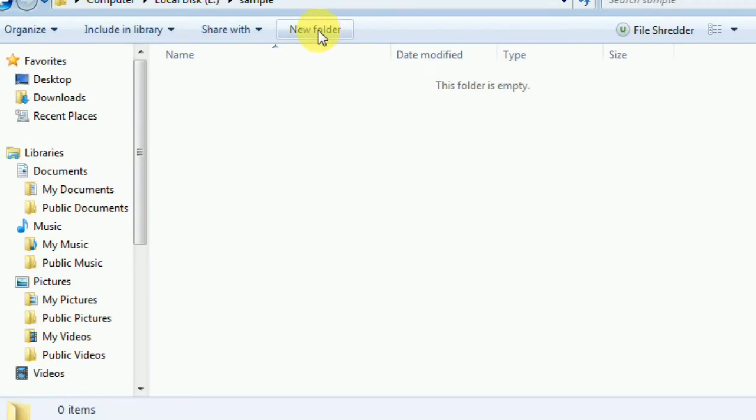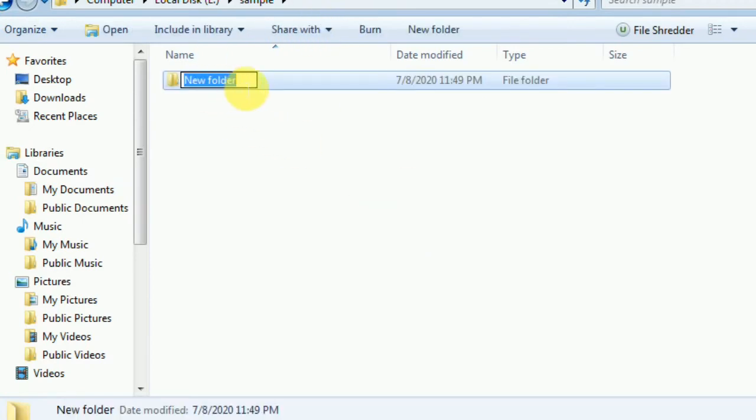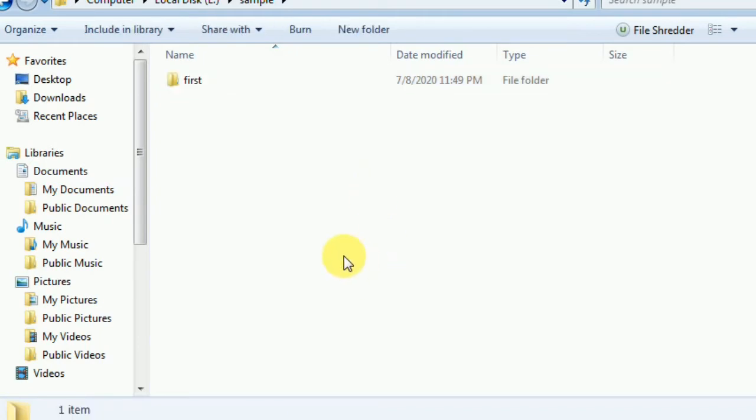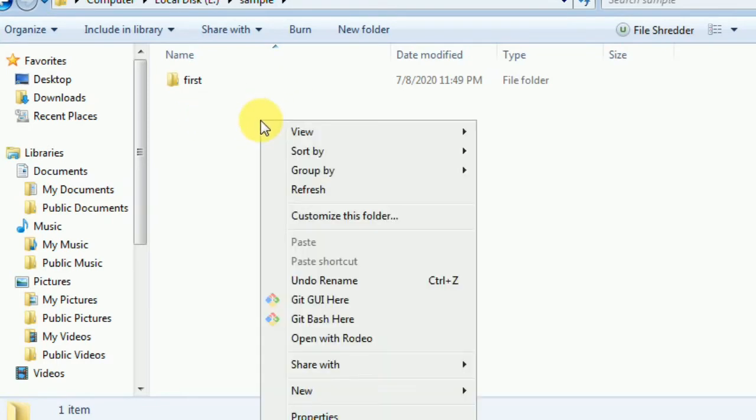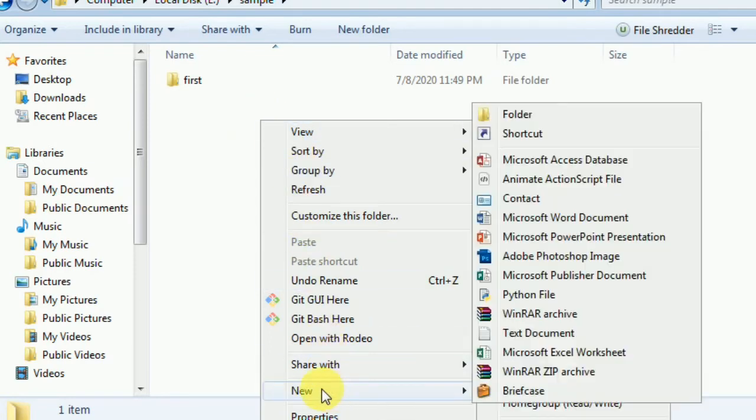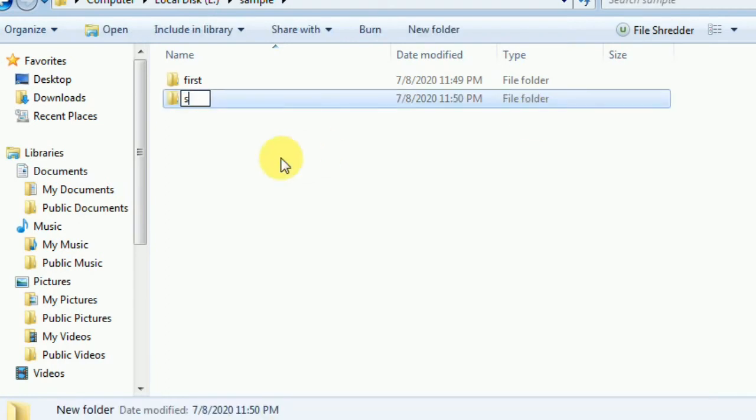So that is called new folder. If you want to create a folder, you just need to click and the name is going to be there. So if I'm going to create the first folder, I write that down. First folder is created. And if I'm going to need another folder in the same place, then I need to create that also. Now I'm using the second method, and that method is right click, go to the new option. From there, here it is, you can select that folder also. So you can create a second folder.